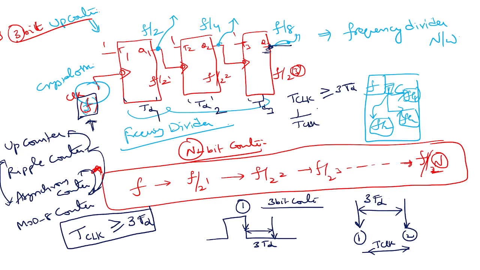Right? And you know these basics, right? If 10 is greater than 1, obviously 1 over 10 is less than 1 over 1, correct? So 1 over T clock will be less than or equal to 1 over 3 times TD. So your F clock